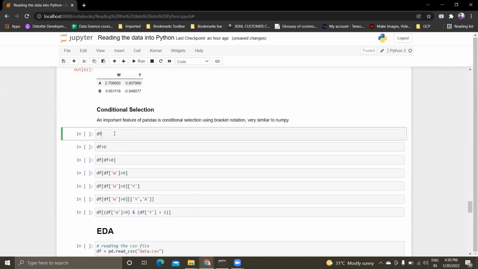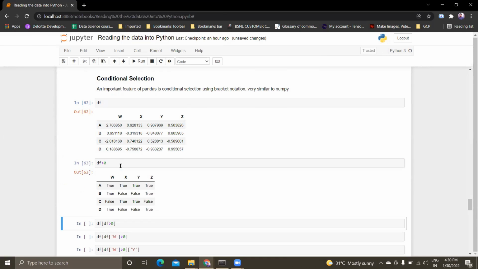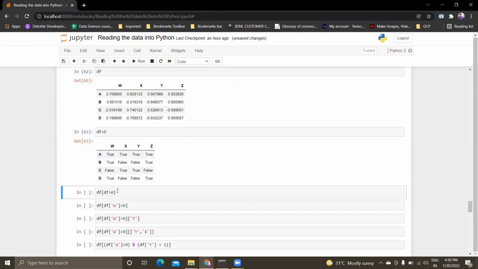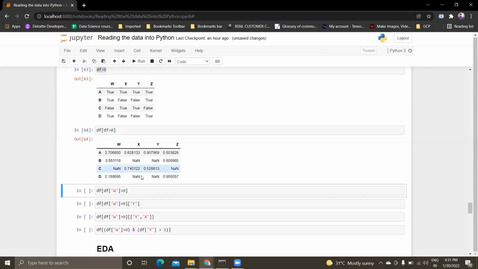So if you wanted to select values, this is my data frame, and if you wanted to select a particular value which is greater than 0, like out of this data frame I wanted to select values which are greater than 0, in that case if I use it like this, I'll be getting values in the form of Boolean. To get the actual values, we pass the condition inside the data frame. We use this, and then it will show me the values which are greater than 0. We'll get the actual results, and the negative results will be in the form of NaN. Like it will impute missing values.